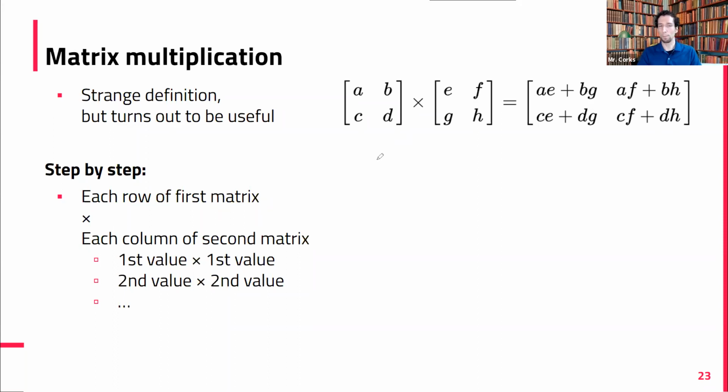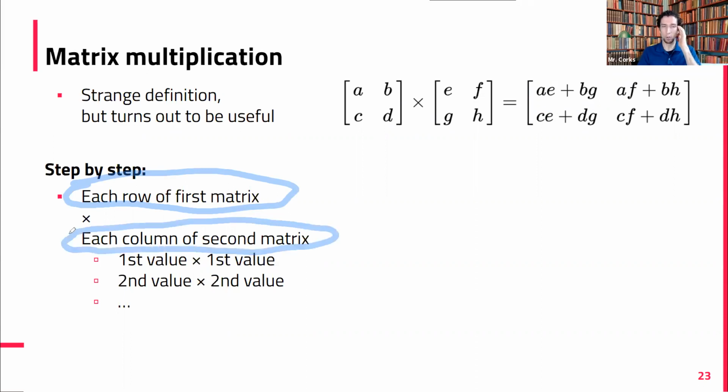So the idea with matrix multiplication, we do not just match up the corresponding values and multiply them. We do some kind of big thing for each position here. So the process is we take each row of the first matrix and we multiply that by each row of the second matrix. Not only the first one times the first one, second times the second, third times the third. We take the first row, multiply it by every,